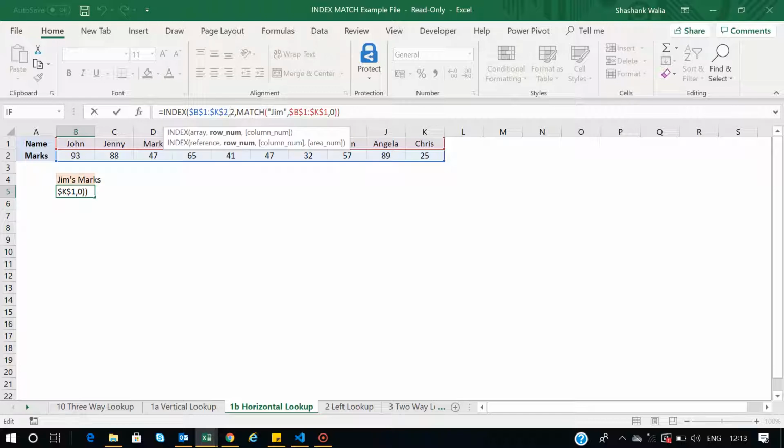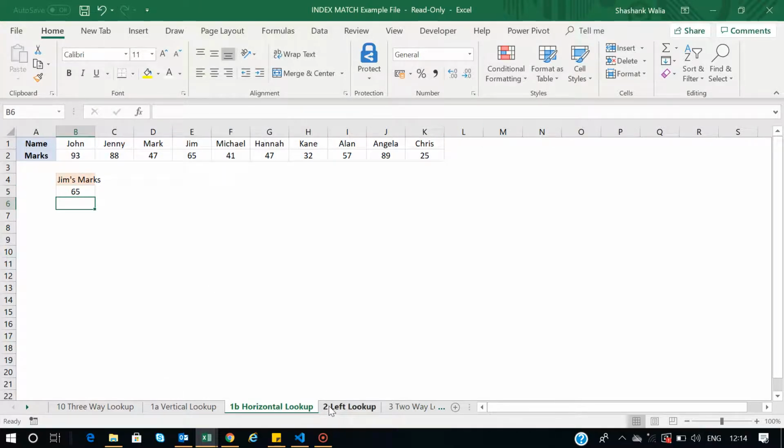So let us see what is actually happening here. The only difference is we already know the row number, right? Because there are only two rows, so one or two. So we have given the input as a row number, but we do not know the column. So this is what the match is going to do. Match is going to find out the location either in the columns or in the rows. So just the opposite of what we were doing, we were giving the input as column number, but here we are giving the input as the row number, but using the match function to find the column number. So this is the only difference we have done here, right?